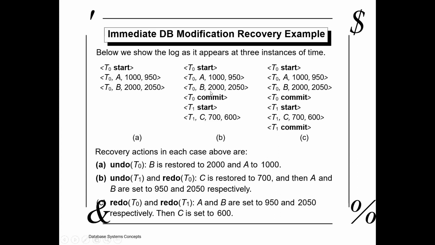In this type, whenever we are modifying a value to 200, immediately these values are updated to the database. That's why we are calling it an immediate database modification. As the name suggests, whenever you change the database value,